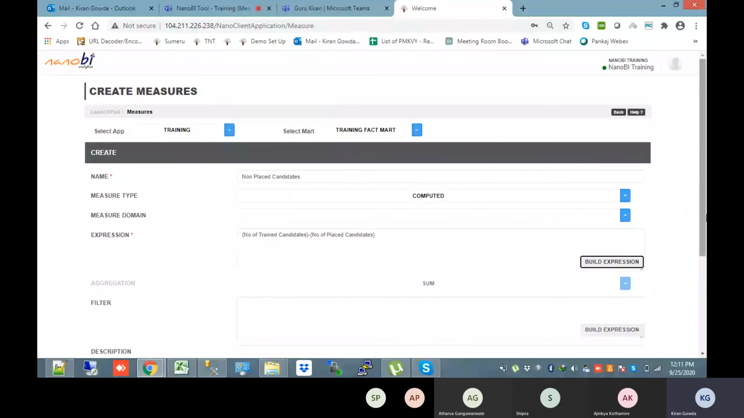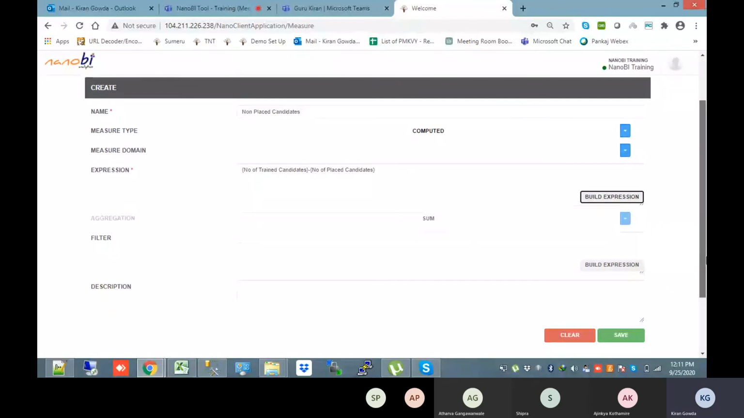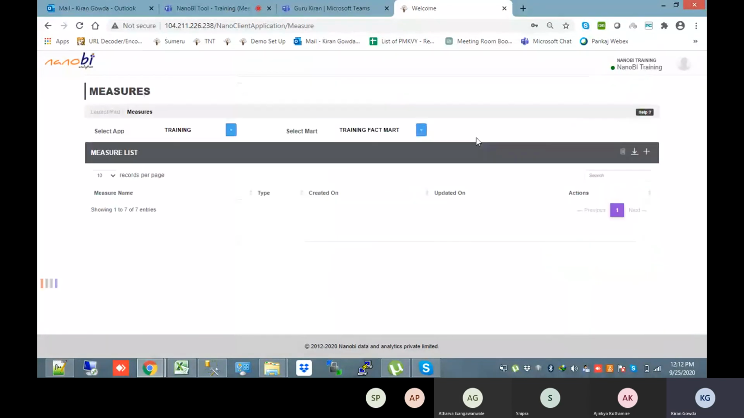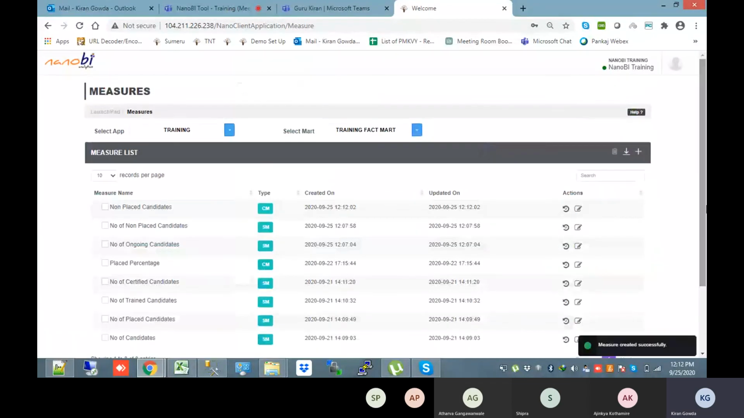Non-placed candidates. Computed measure, I selected trained candidates minus placed candidates. I'm saving. By default, aggregation will be sum. It will not show any options. Like this, I've